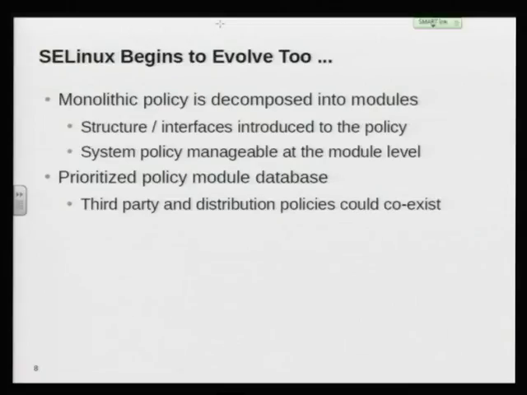So anyway, SELinux was starting to evolve too, kind of independently from modularity. We decided that, okay, this monolithic policy was just brutal to develop. So we decomposed that into modules. We introduced some proper programming good practices. We had some structure to it. We provided some well-defined interfaces between the modules to help document how they interact and define some abstractions. And we made these modules visible on the system level. It wasn't just a developer nicety. You could actually load and unload individual SELinux modules on your system. Hopefully I'm not telling you these things for the first time, but if I am,